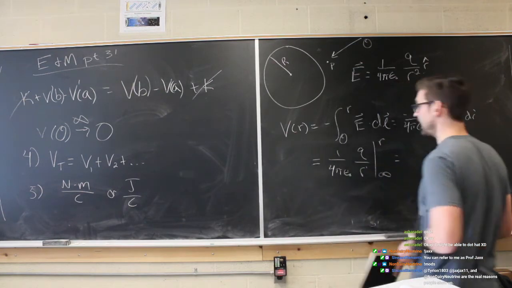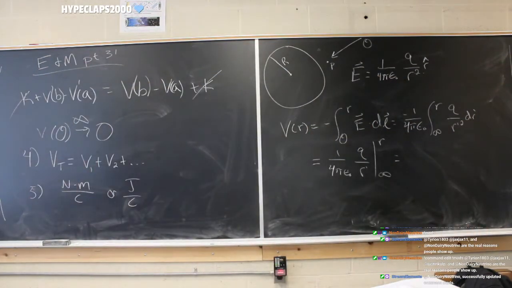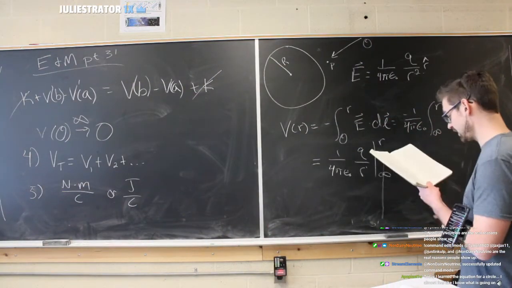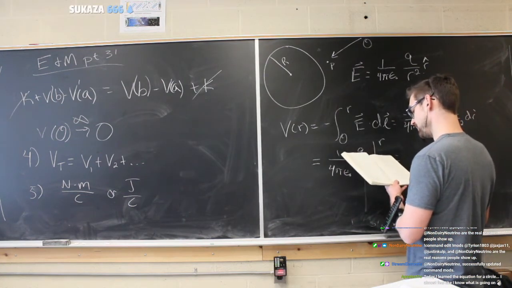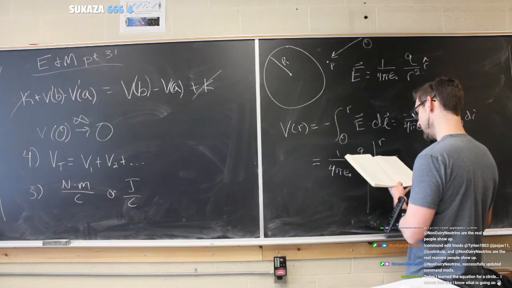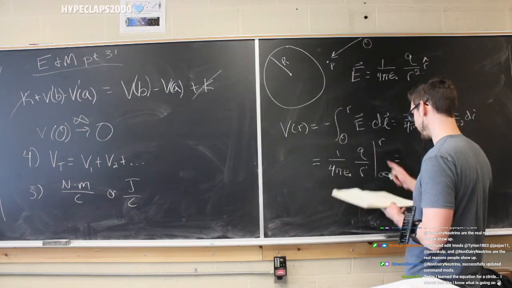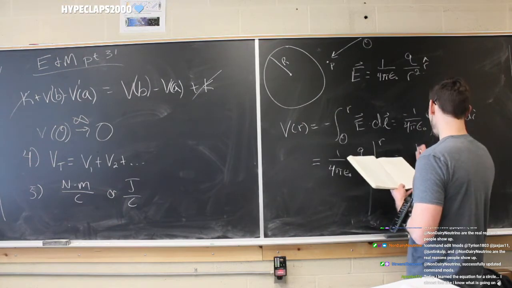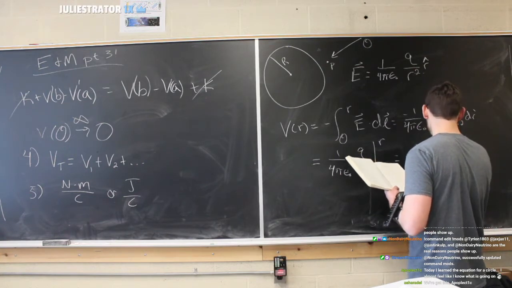Now, like I said, this is by convention, on purpose, right? So that way, if we take it to be infinity, then we know that that's 0, so the second part of this is going to go away. If you'd like to see it, I'll write it out anyway. Like that, I guess I don't have to. It's relatively straightforward. It's just q over infinity, which is 0. And then this is just going to be 1 over 4 pi epsilon naught times q over R.